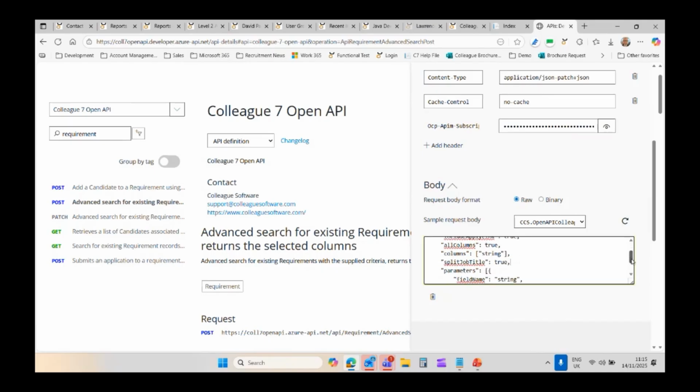So if you've got split job title equal to true, then let's say you're doing a search for IT manager, you would also be able to find if the job title was manager of IT department or something like that. It would take the different characters or the different phrases mentioned in your job title and look for all variations of that that have been referred to in the job title field. So it's a useful way of finding every instance